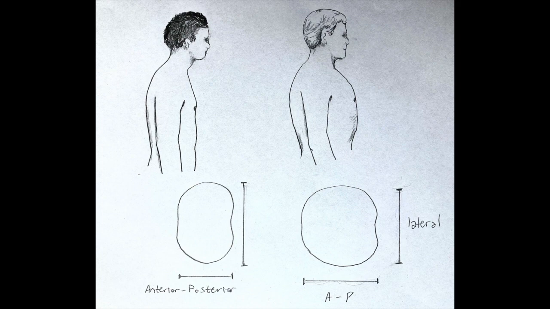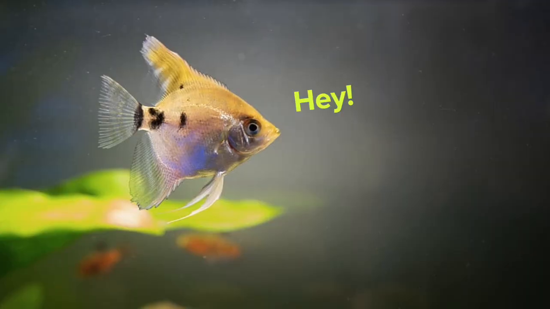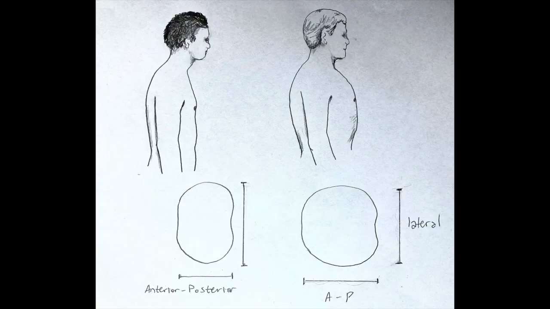And generally speaking, this diameter, front to back, is only about 1/2 of this diameter, meaning that a person is wider, usually, than they are deep. As opposed to like a fish that's deeper than they are wide. If the anterior to posterior diameter to the lateral diameter is approximately 1 to 2, that would be a normal